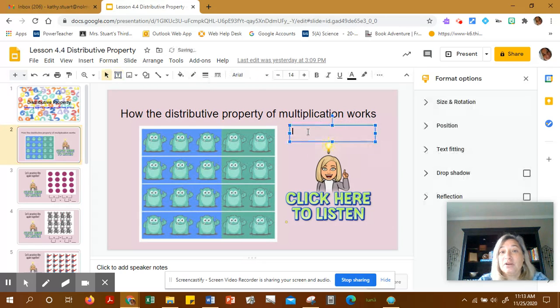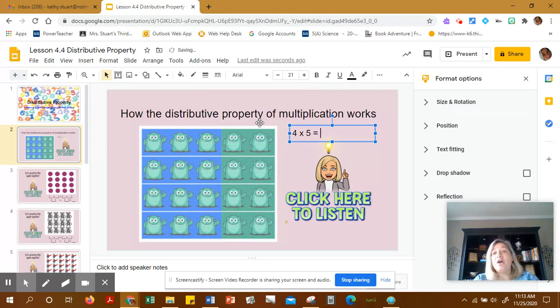That 4 is my very first number, my very first factor. So I have 4 times, well, let's see how many are in each row. 1, 2, 3, 4, 5. So my next factor is 5. Okay, so 4 times 5